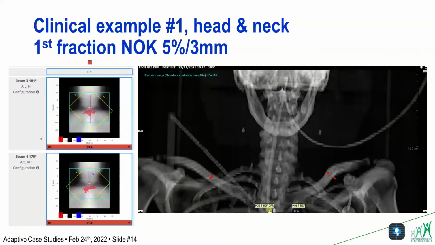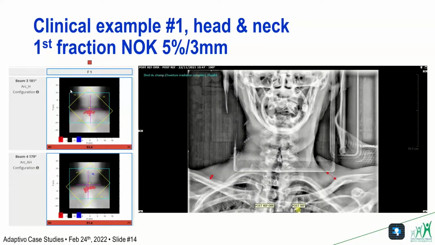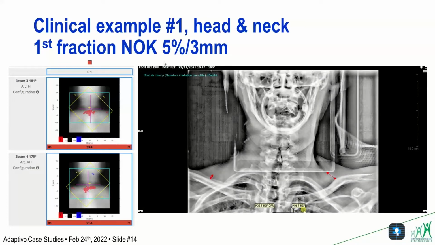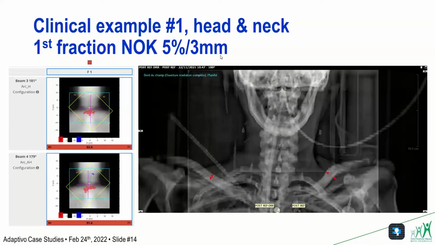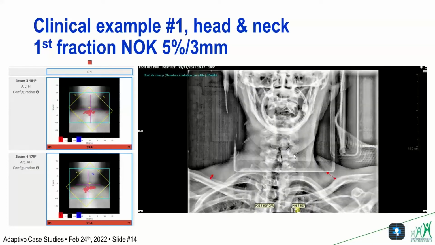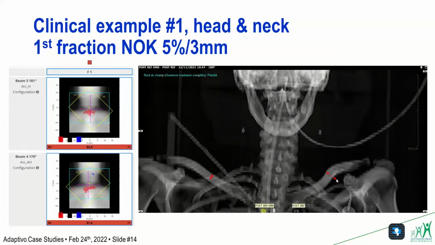That is the analysis with Adaptivo at the first fraction on the left. So it was not okay. You have the gamma pass rates here for each arc, and it was not okay even with higher criteria of 5%, 3 millimeters. And on the right, you have our daily IGRT KV image, and you can clearly see that